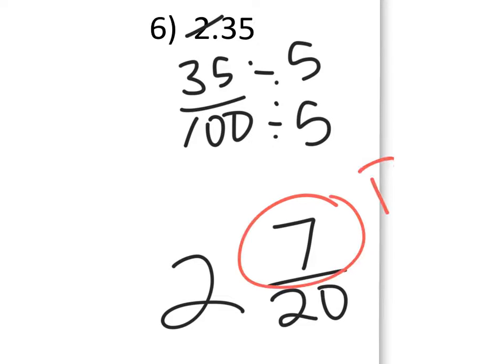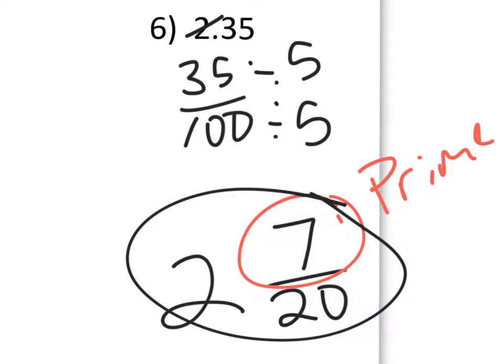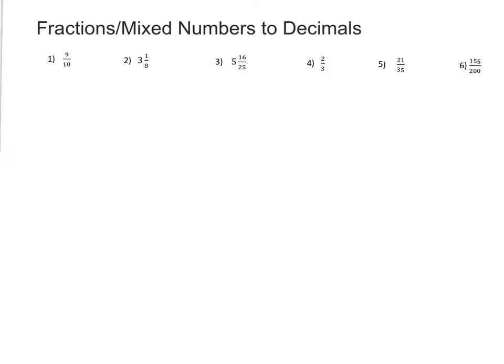7 is a prime number. Again, that prime number means that it's only divisible by 1 and itself. And because of that, I look, 7 does not go into 20 evenly. So therefore, I have my final answer of 2 7/20. With this section, we're going to be looking at the fractions and mixed numbers, now converting those over